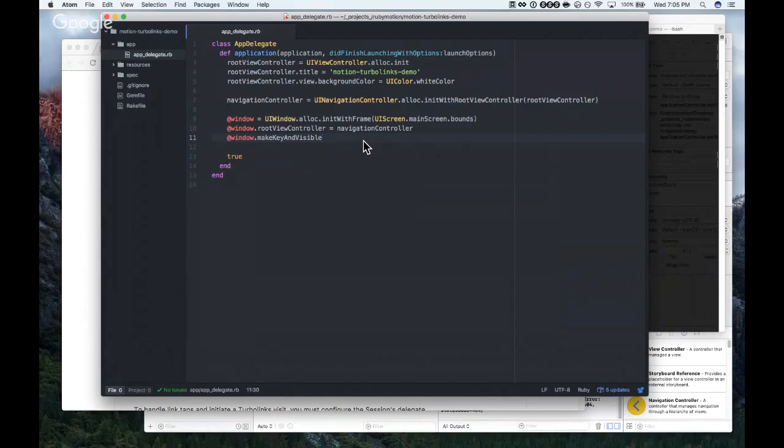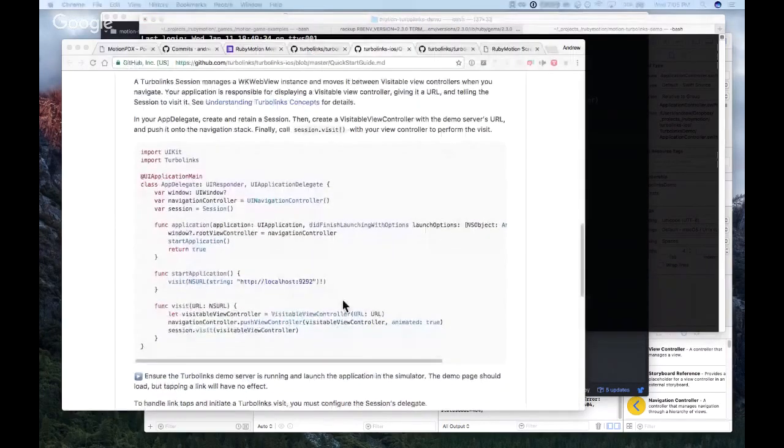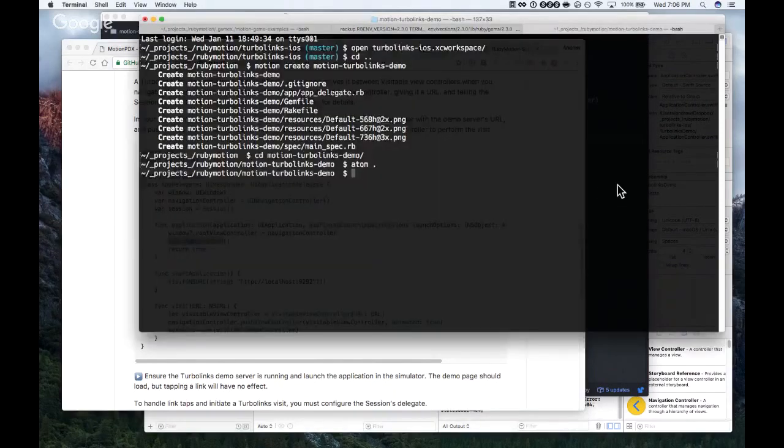Yeah, it would be simplified, but this is kind of a true to iOS standard setup here. We initialize our UI navigation controller with a root view controller. So in this case, our window root view controller is our navigation controller. And when we start application, we can just start application.